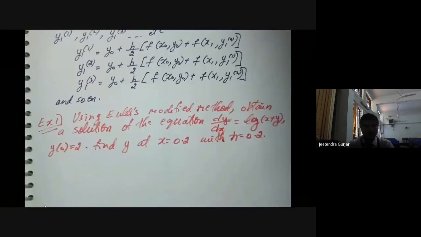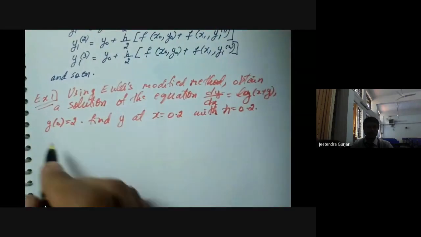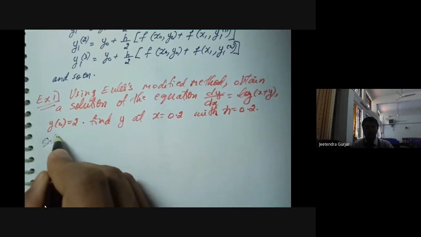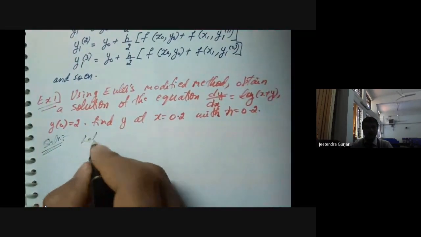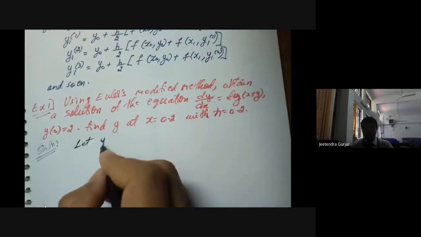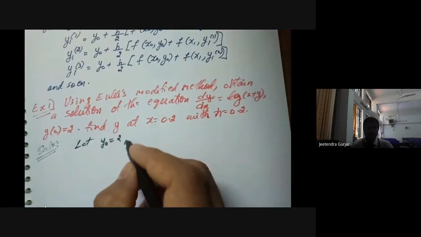Fine. Okay. So this is our example. It's a very simple equation that is given, and the given conditions are there. We'll start with the solution. First, identify what is given in this question, students. That is the equation they have given, and y naught, which is already mentioned. Y0 is nothing but y naught. So y naught is equal to 2. It is given. And what else is given?